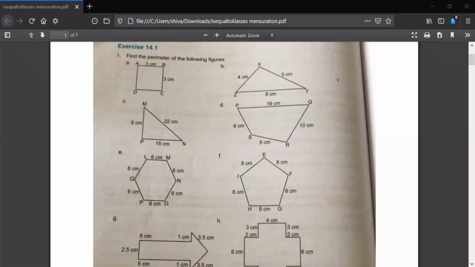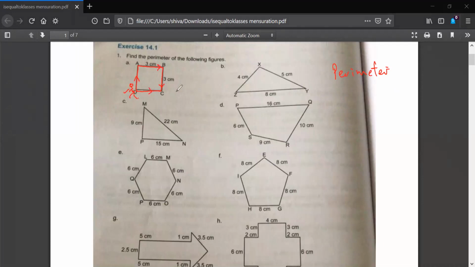Okay. So this is our perimeter. Perimeter. See, the simple meaning of perimeter is that if you are standing here, you start walking here, to here, to here, to here. So you start from this point, you move around the figure, and you come back. Mr. Sarthak, have you understood?